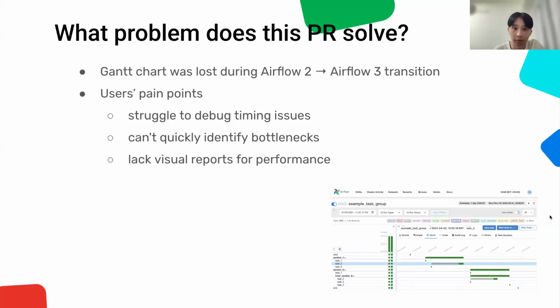Users lost a really helpful tool, and without it, debugging time-related issues became much harder, bottlenecks were not really obvious, and people no longer had a clear view to check the task performance or the execution order. So our goal was really clear: to bring back the Gantt chart. Next slide, please.